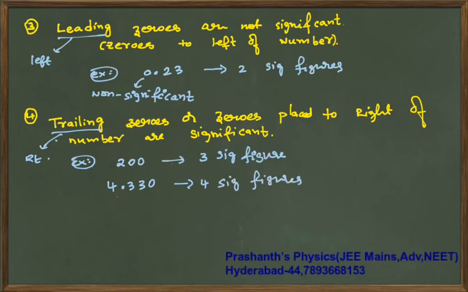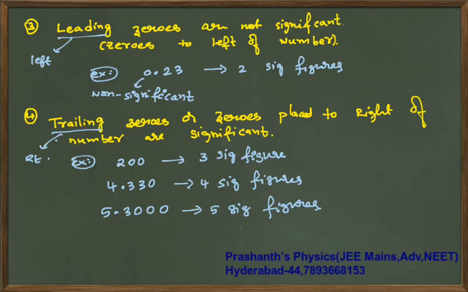And if you write 5.3000, for example, still you will have 1 2 3 4, totally 5 significant figures. How many digits are significant, that I am writing. Okay, copy this stuff as well.